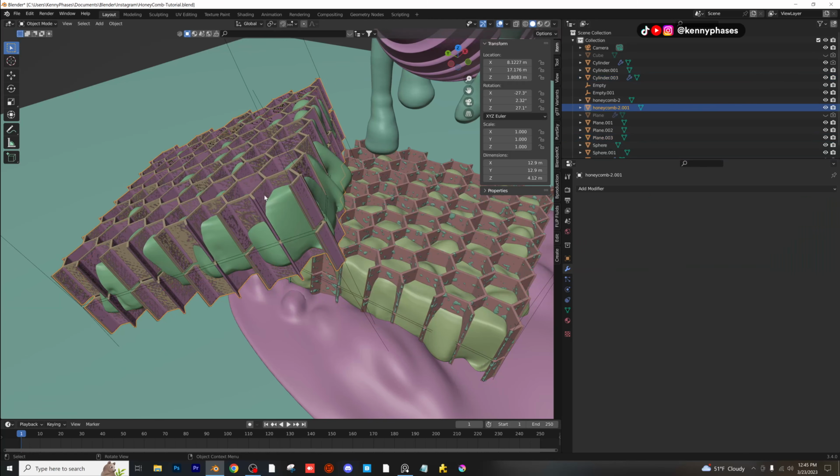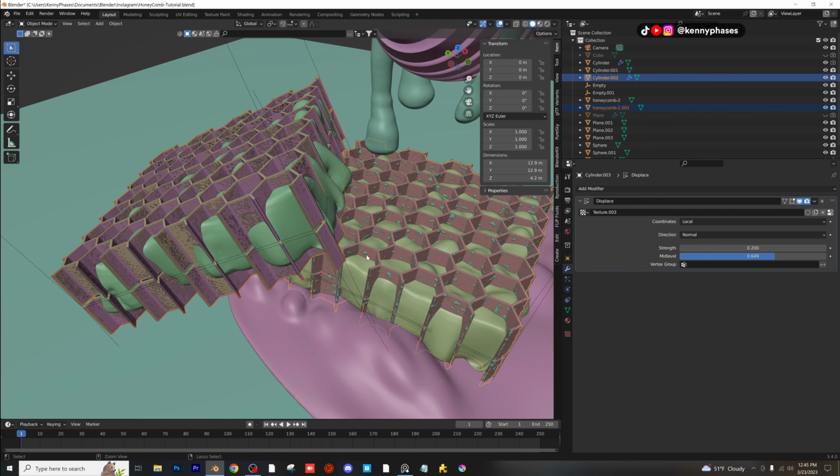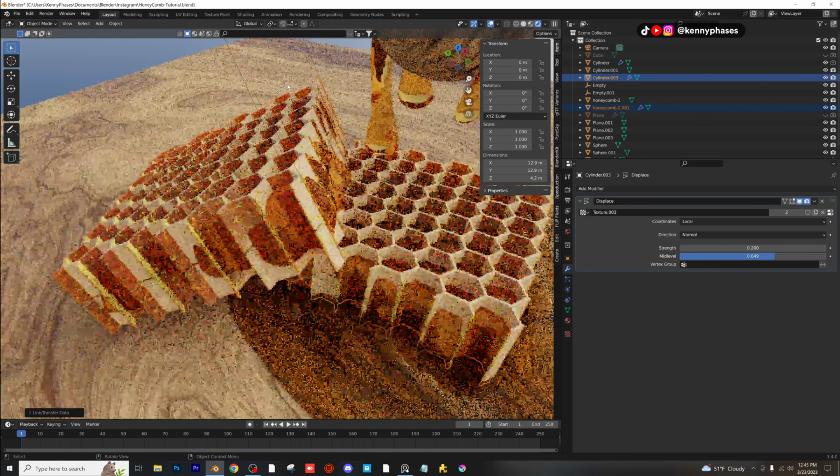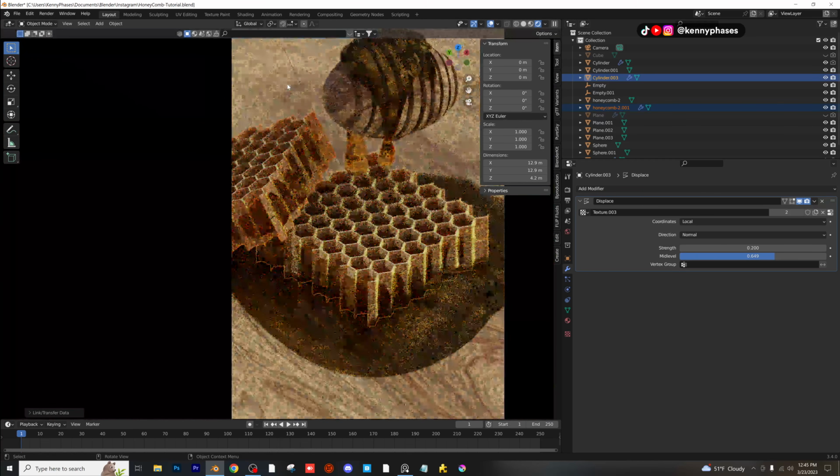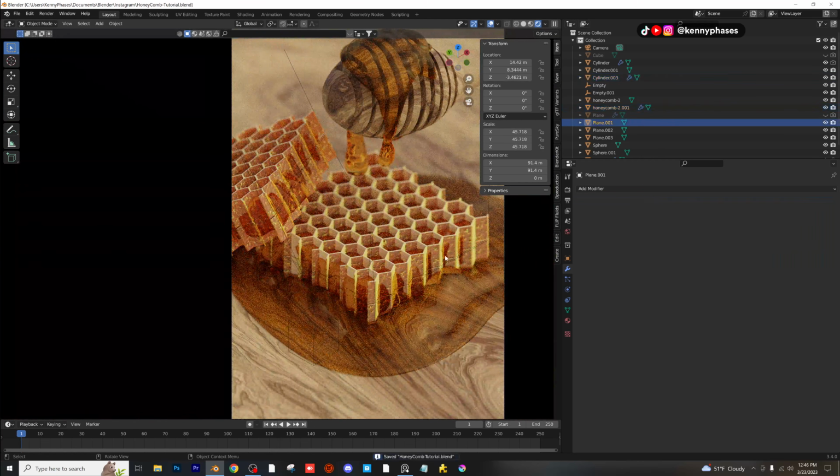Oops, that was the wrong thing. Oh my gosh, I'm getting mixed up here. There's so many different pieces. All right, it's this one, this one. There we go. Perfect. Okay, I think I did it, guys. I think I did it. Yeah, we're good. All right, so now we have two honeycombs, both with some displacement on the inside, and then